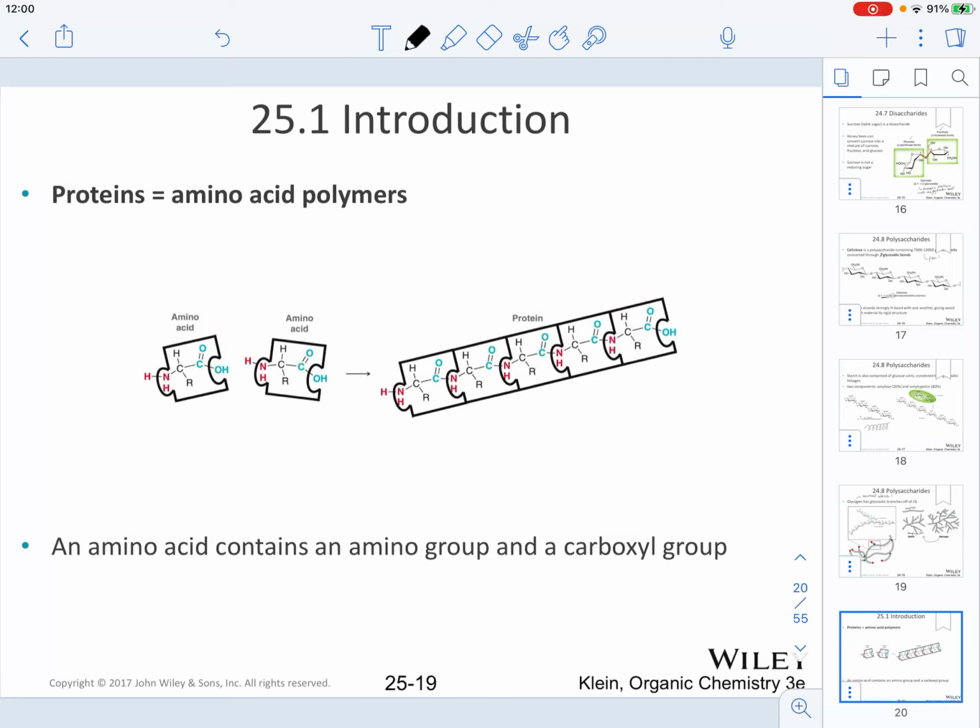In this video, we are going to start talking about the second class of biomolecules known as amino acids or proteins. So understand that the definition of a protein is an amino acid polymer. What this means is that a protein is made out of many units of amino acids, okay? The term amino acids refers to these basic units used in proteins that contain